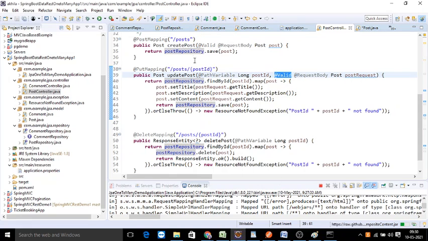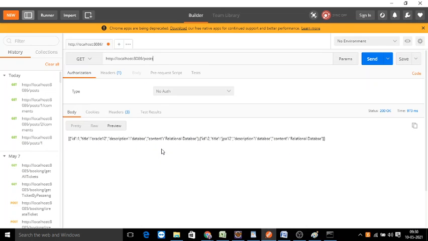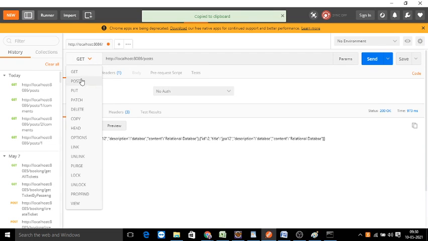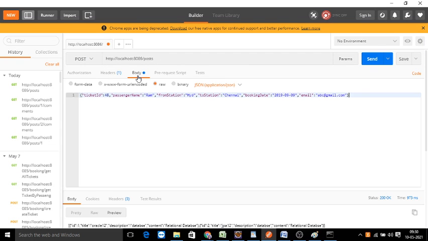First we will create it. To create a post, right? So copy. Here the request is post and the URL is same. Go to the body and add a post. While adding the post, I am going to add one single record.